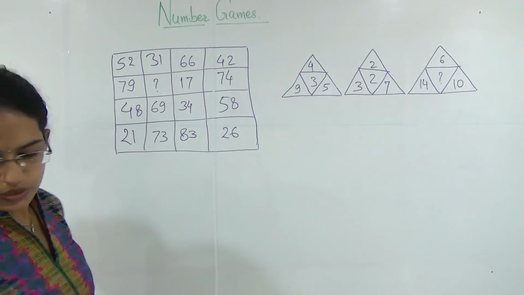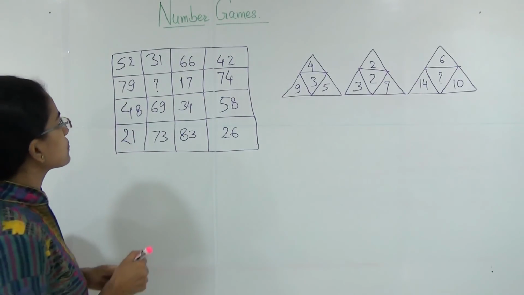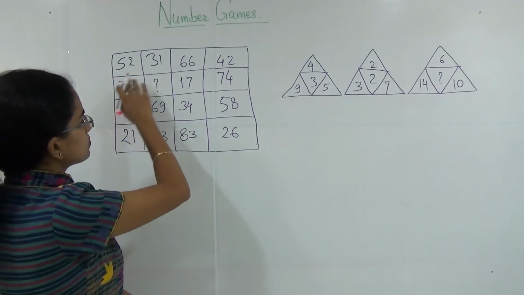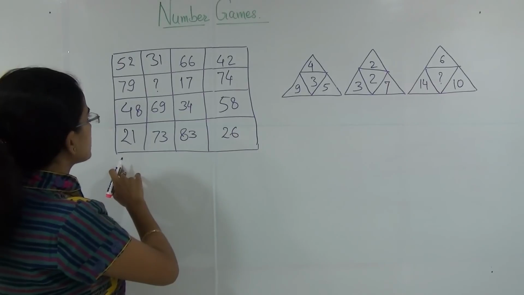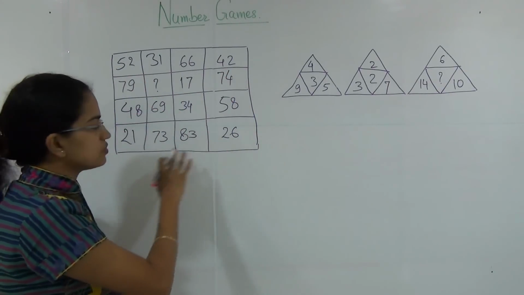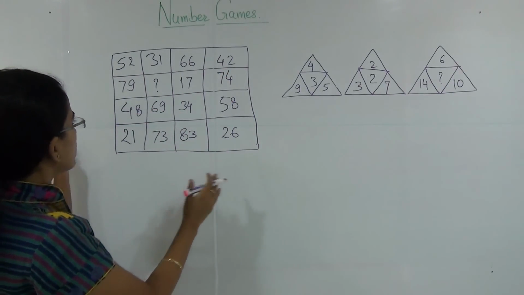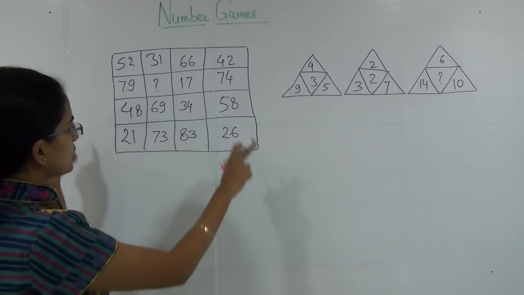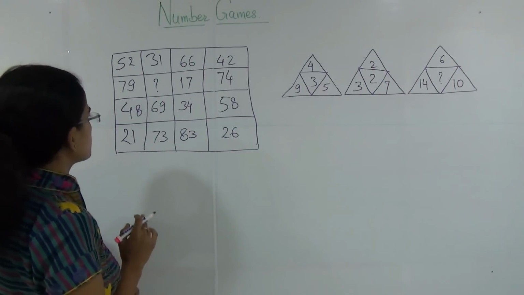So this is the first question that we will be talking about today. In this first question, you have a set of 4 by 4 matrix, and you have a set of numbers which are mentioned. Now, when you look at this block at first, what is the impression that you get?